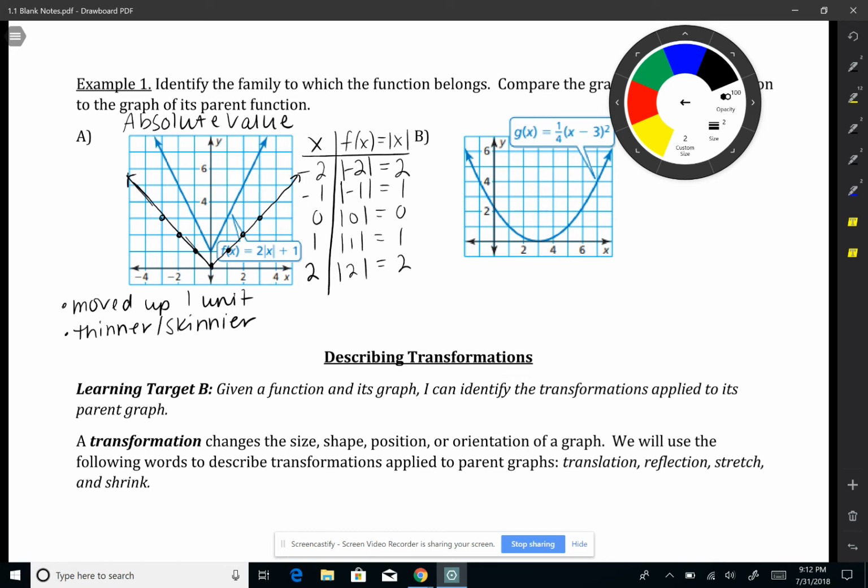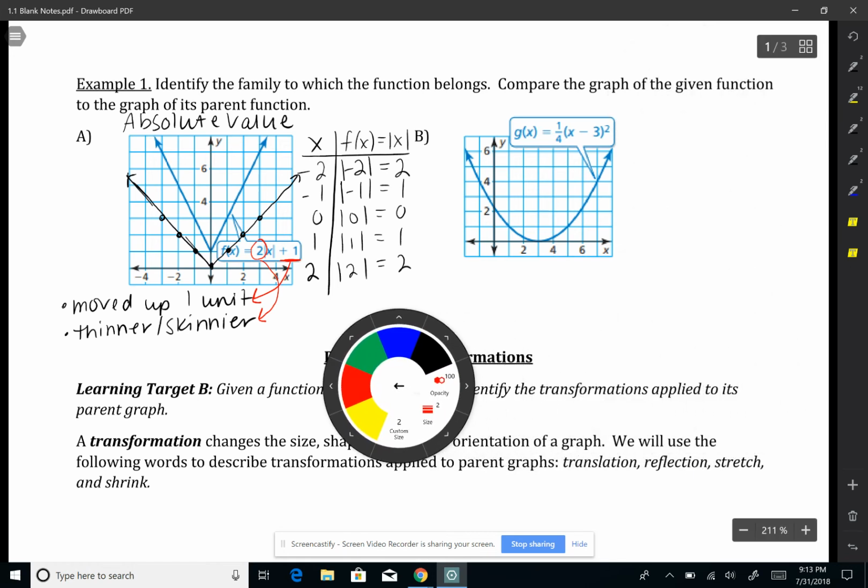One thing I do see is that I see a +1 here at the end in the function. I'm wondering if that has to do with the moving up 1 unit. And then I see this 2 out in front of the absolute value of x, and I'm wondering if that has to do with my function looking thinner, or heck, maybe it got taller. We'll see. Moving on to example B,